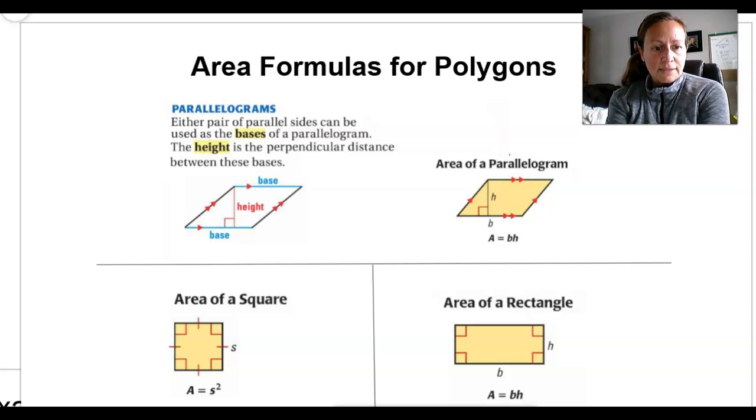All right, so I said that we were going to use area formulas to find the areas of polygons, some very common polygons. And we're going to start by looking at the area formula for a parallelogram. A parallelogram, we studied, has a base and a height. And you can see in this diagram that the base is one of the parallel sides and the height goes perpendicular between parallel sides. And they've shown this in two different ways,